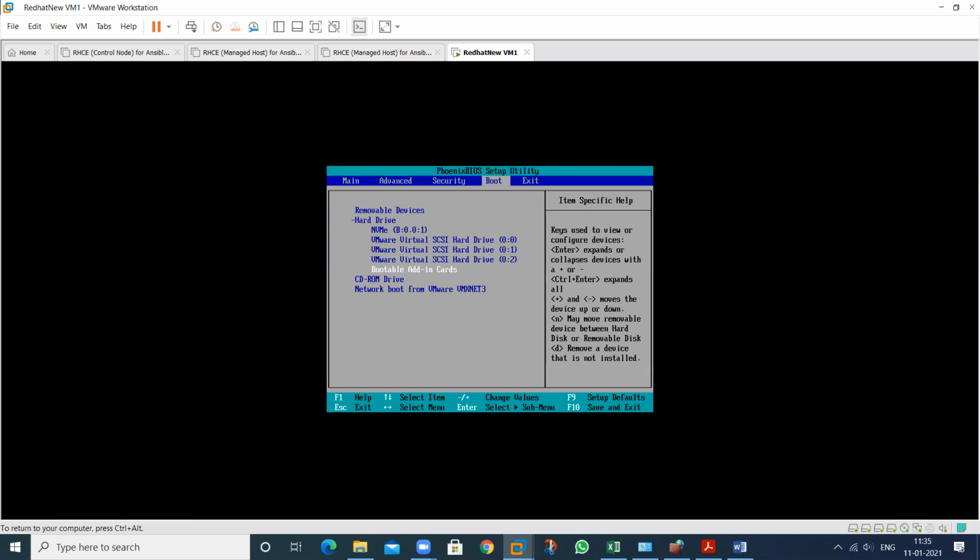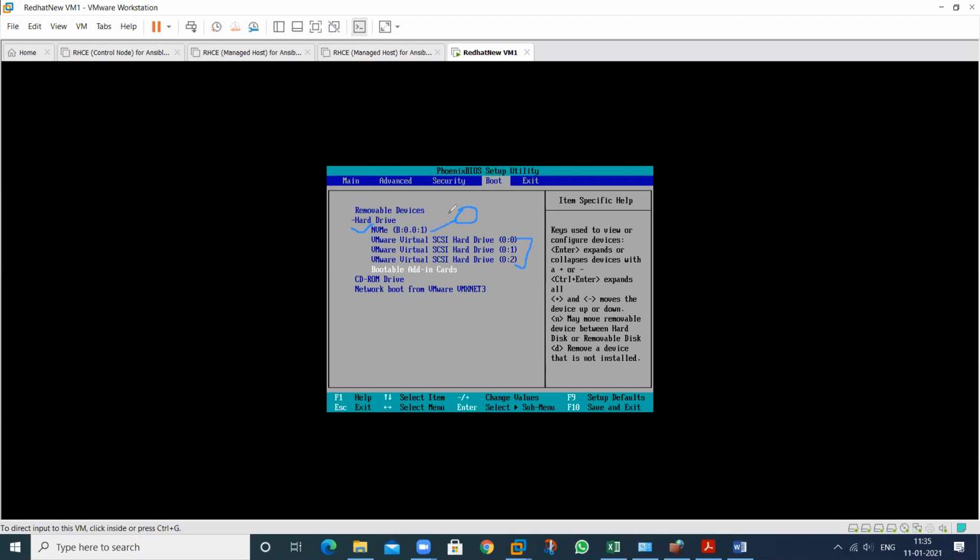So this is for the first, and these are to store my data. This is always the booting device, because my operating system is on this particular hard disk.